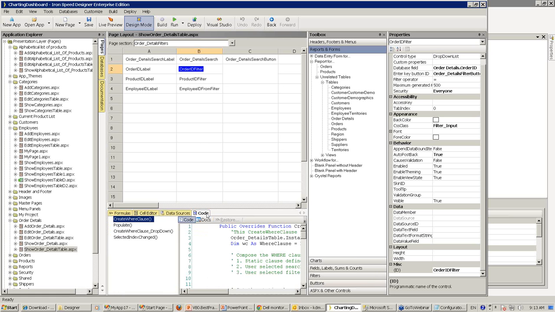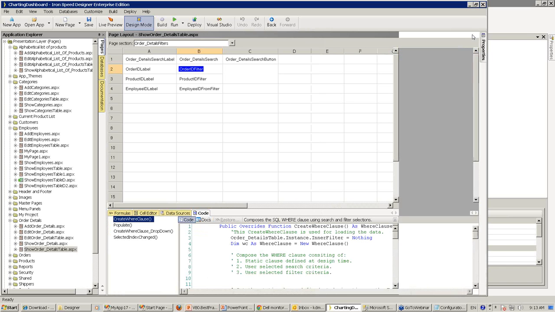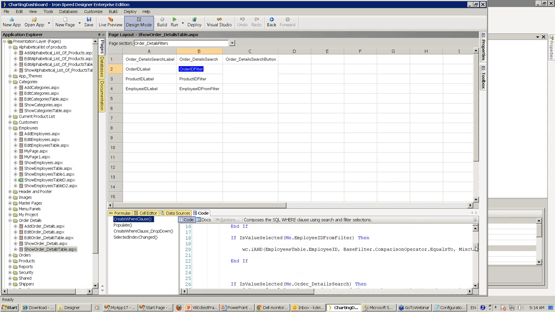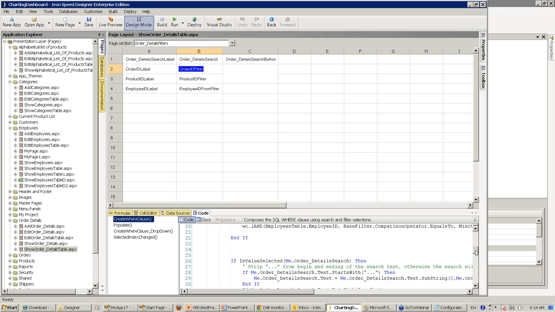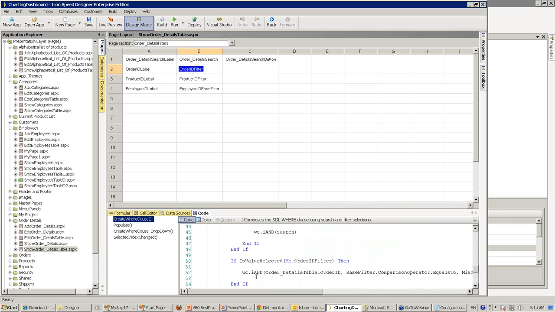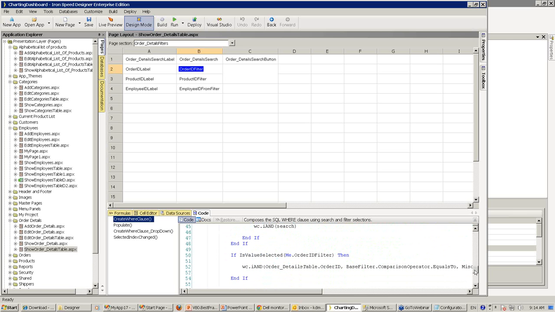Here is the code tab below. When I click on the code tab, let me remove these guys so you can see it. You see create where clause here, and here is where those filters are added. So this is the first filter, where clause, I AND the value from this filter. Then there is a next filter drop down. Here's the order ID filter, I AND, and so on. So all we need to do is say here OR,